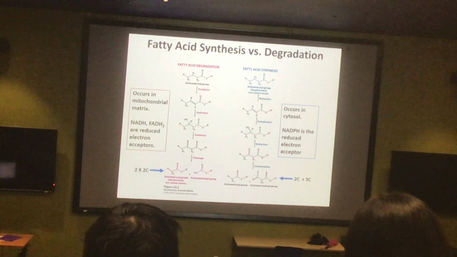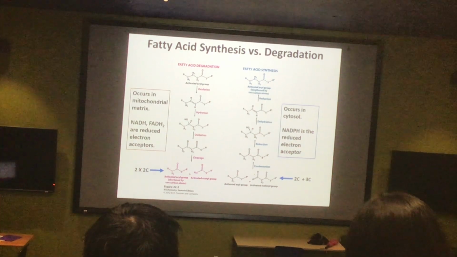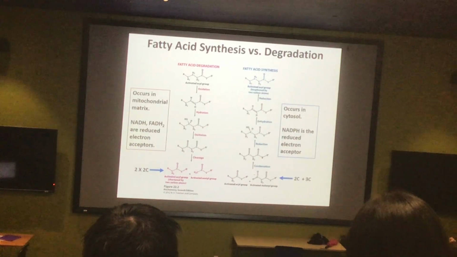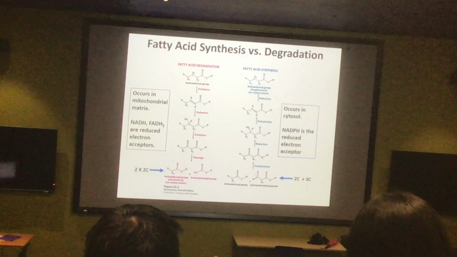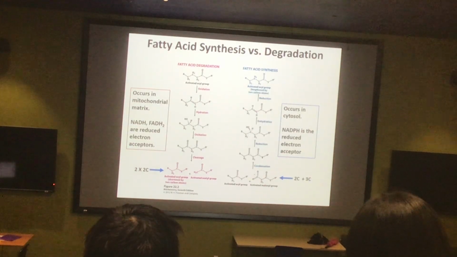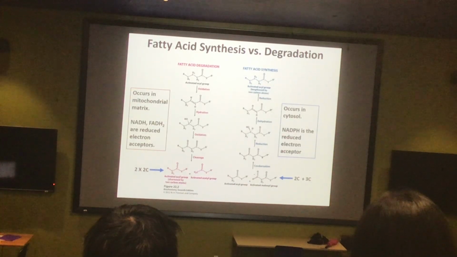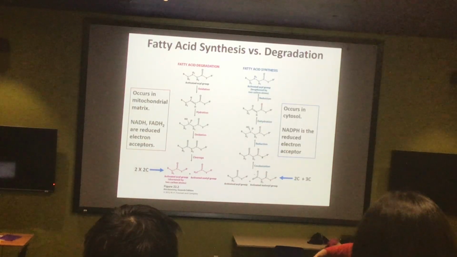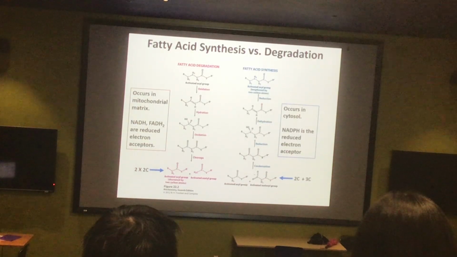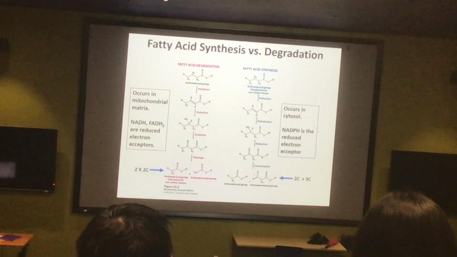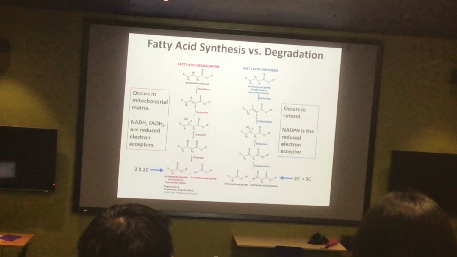But here again we will see another excellent application of one of the things that we've talked about since the beginning of Biochemistry 1, or at least very early on, and have reiterated multiple times throughout this course. If you have a very energetically favorable pathway, which beta oxidation is, you are not just going to turn the whole thing around, right? So we saw this with glycolysis and gluconeogenesis. Some things might be similar, but certain key steps had to be done differently because they were so energetically favorable. So the same thing we'll see is true with fatty acid synthesis.